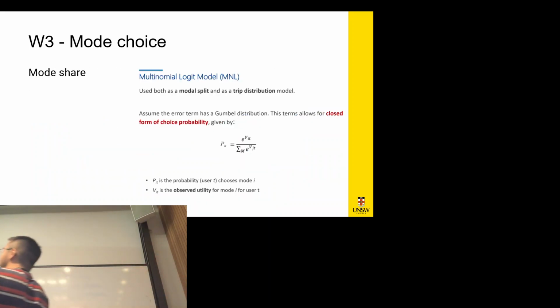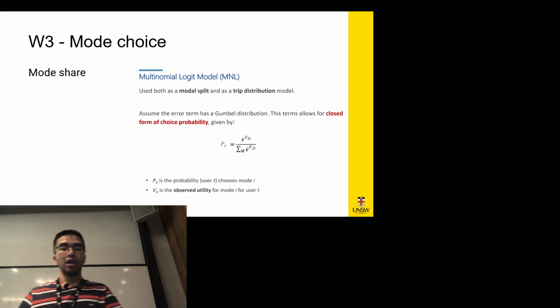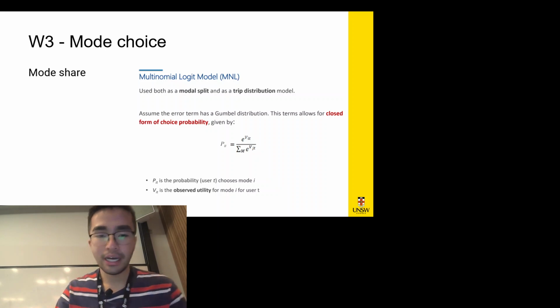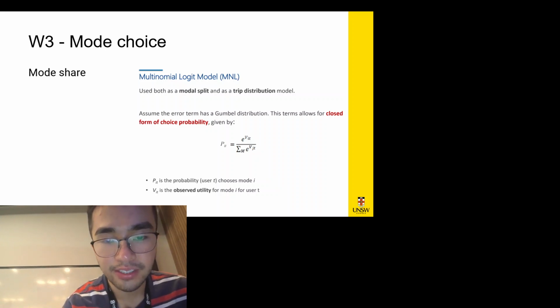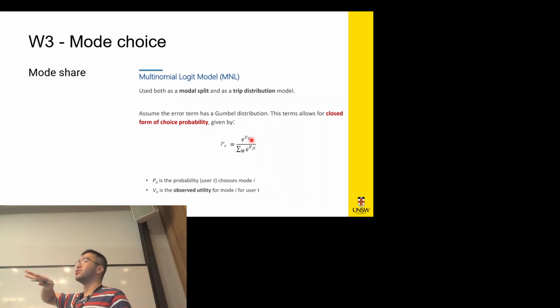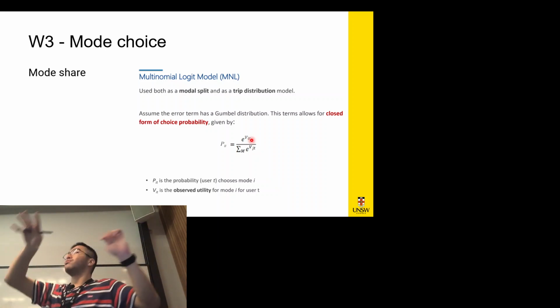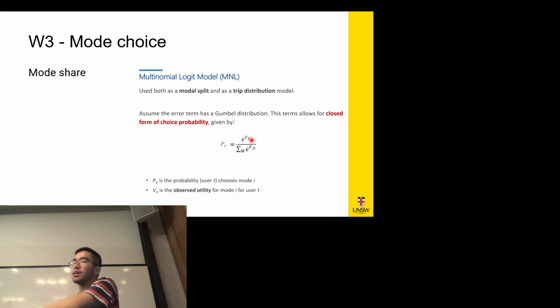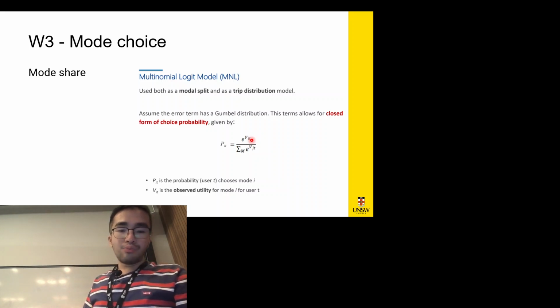So we have this concept of utility, okay? But we have this number of utility, so how do we translate this to the proportion of trips taken by each mode? What we do is that we use the multinomial logit model, which is this formula, which is a function of the utility. So you calculate the utilities for the different modes. For example, you calculate the utility for a train, calculate the utility for a bus, calculate the utility for driving, right? So the probability of